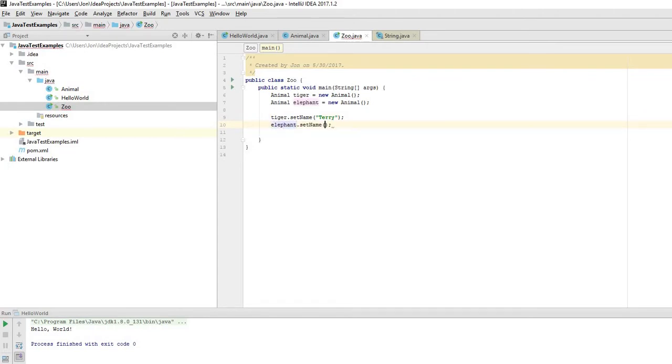Name. Call it Erica the elephant. So we've got 2 animals. Now we can just do a system out to the screen to tell us what we've got in our zoo. So to do a shortcut for a system out, you do SOUT tab, and that gives us the shortcut. And we'll say this